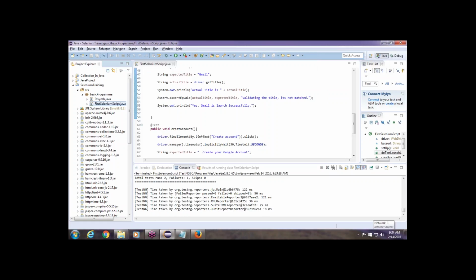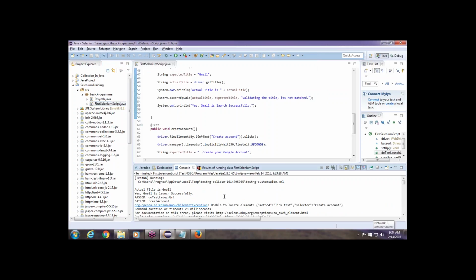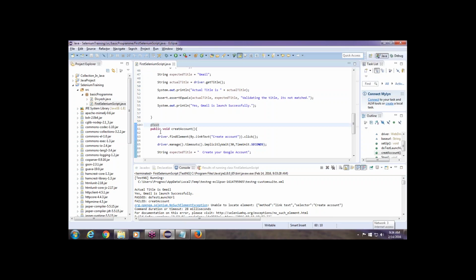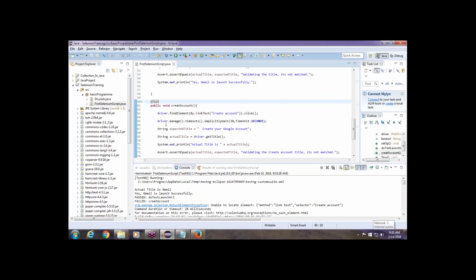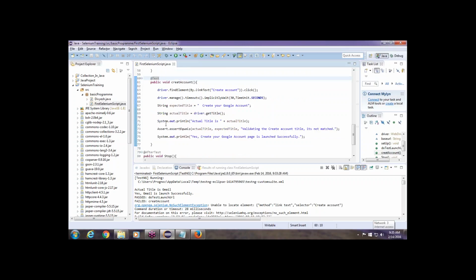See, we are having two test cases, two test scripts. One test script is a success, one test script has failed. Why? We can see here: the actual title, this is pass. This was pass, but the second test was unable to locate the element. So this will be a problem whenever we are using more than one test case inside the same class. So, avoiding this kind of error,